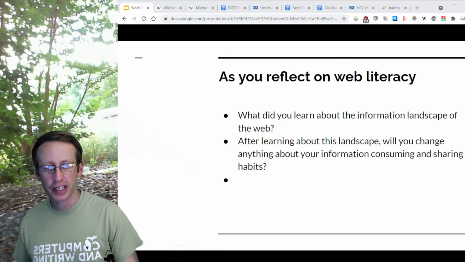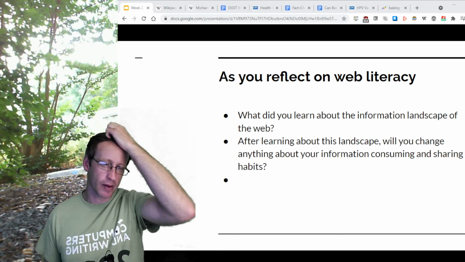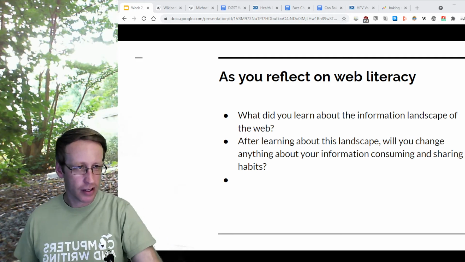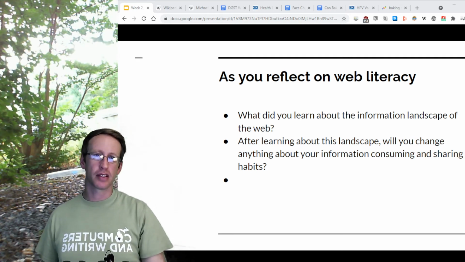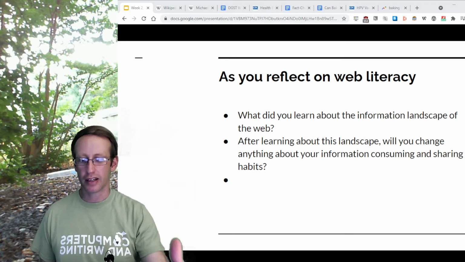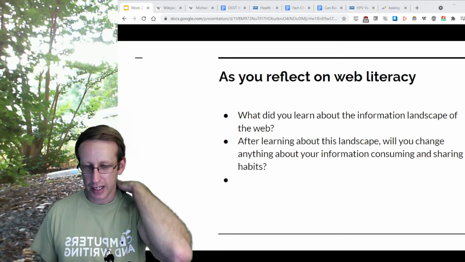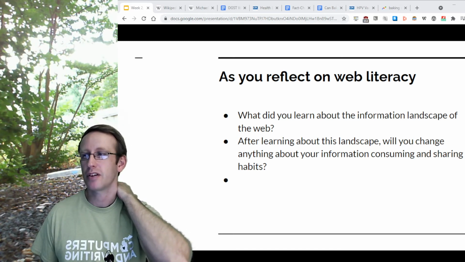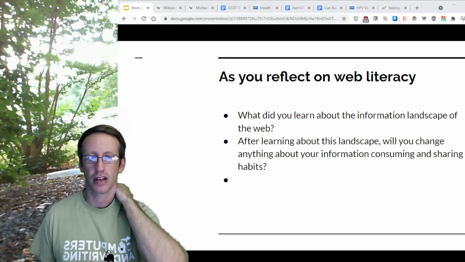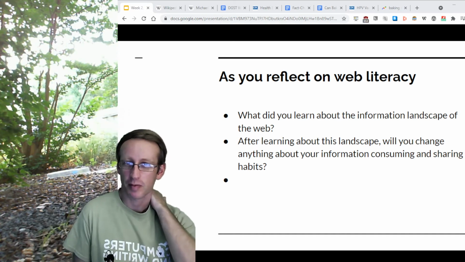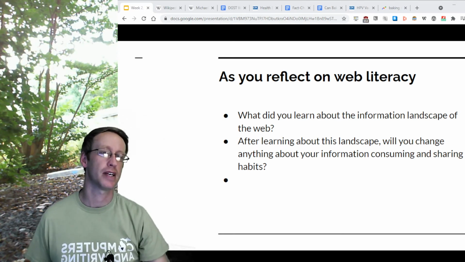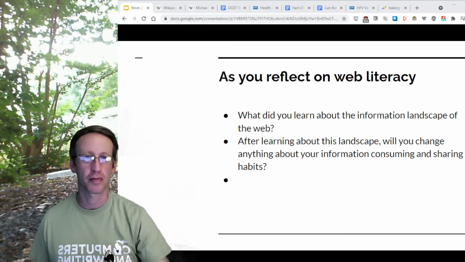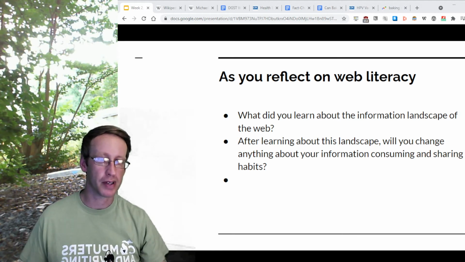The other thing too that I hope you take away from this, I don't have a dot for this, but just because we're training you in being critical of media, especially things you see on the web, this does not mean, and I don't want you to take from this assignment, the idea that you should question everything, that anything you see online is fake and everything's a lie and all that. That's not true. There is good information on the web, and we can tell the difference between good information and bad information. And hopefully the skills that you've learned by reading the textbook and following the lectures has helped you develop that sense, right?